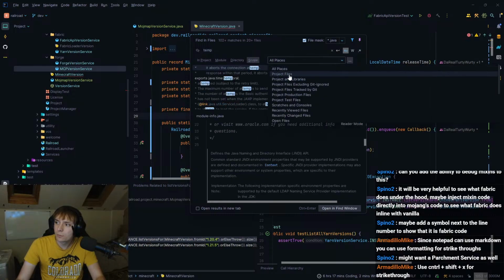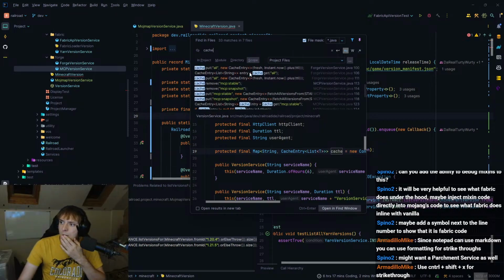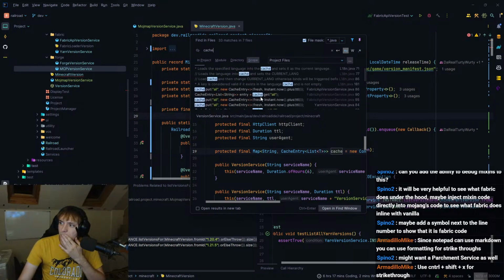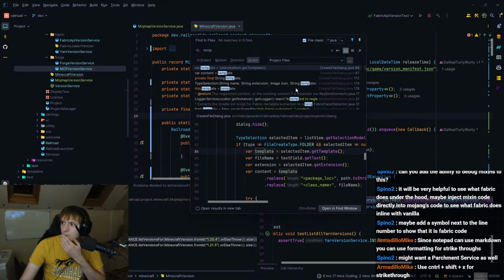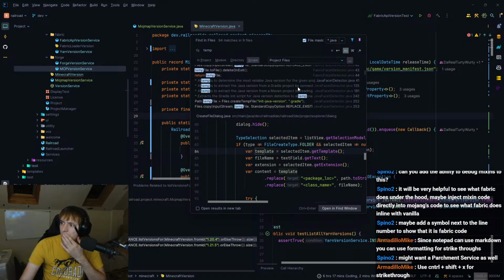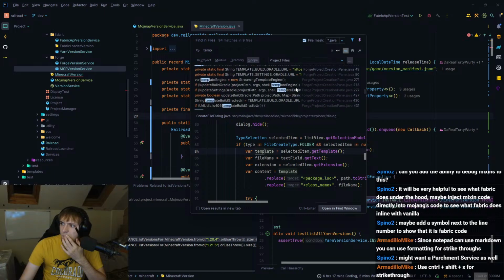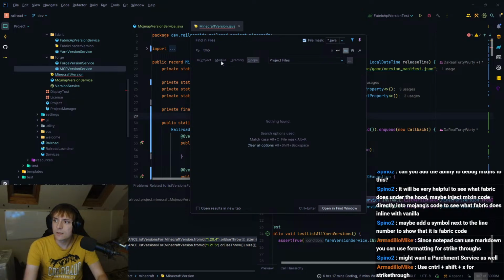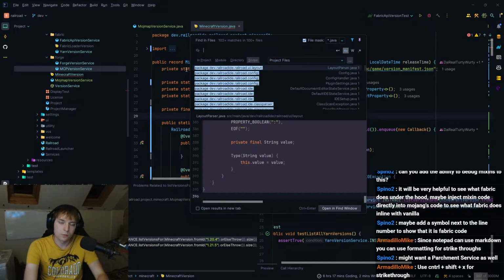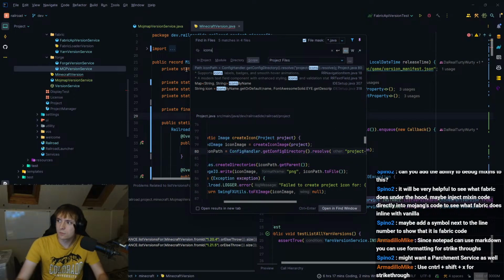Scope. Project files. Cache. Really? Temp. Look at temp. Facets, keybinds, creation pane. Nope. Is it TMP? No. Icons.